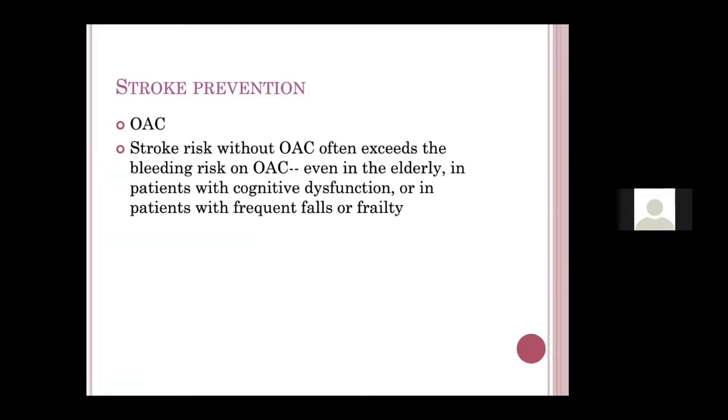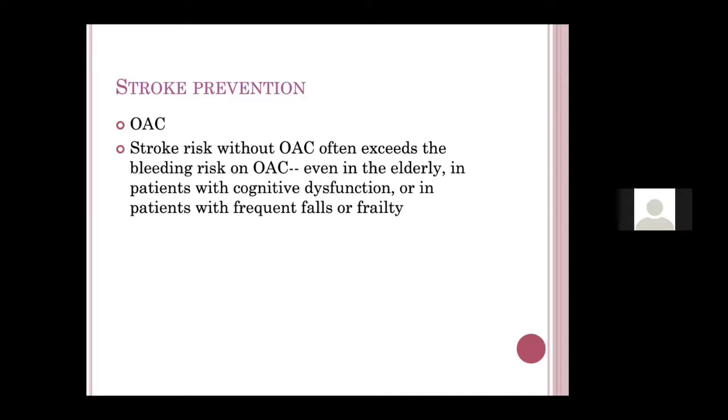The management of AF is always divided into rate control, rhythm control, and stroke prevention. I'll start from the opposite way because the stroke prevention is very important. Now we know that there are various groups of drugs like the conventional oral anticoagulation, which is the warfarin or the acenocoumarol, and then we have the novel oral anticoagulants like the dabigatran or apixaban or rivaroxaban or edoxaban. Many are there in the market now, but the three are important. Now, the current thing is that in the guidelines, all the conventional anticoagulants are changed by NOACs.